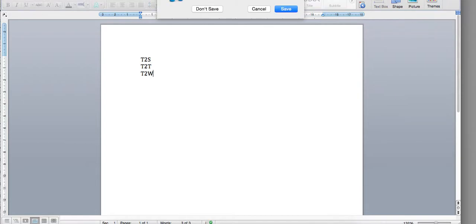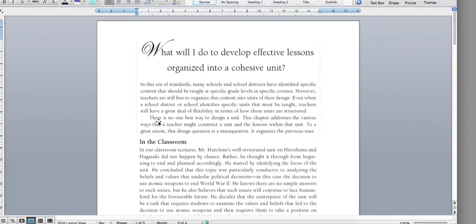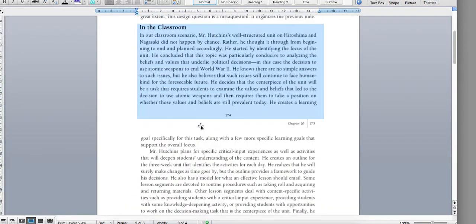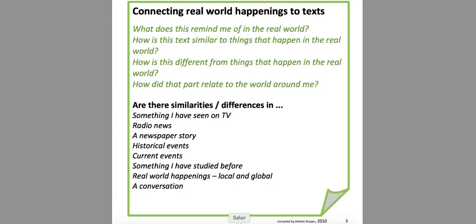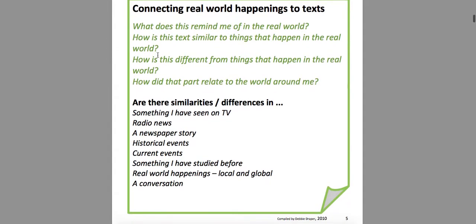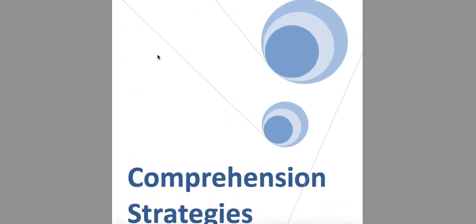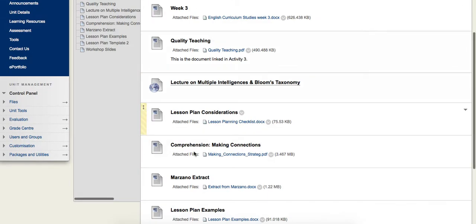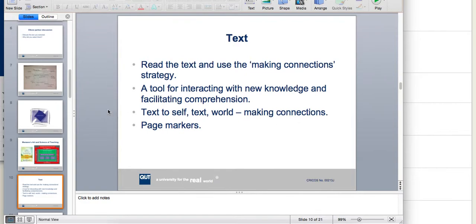Okay, so I want you to, if you haven't already read it, pause this recording now and have a read of that and see if you can have a go at making those annotations. So thinking about how this fits with yourself. If you wanted to have another look at the strategy, it's in this comprehension strategies document. So pause it now and have a go at that. Okay. If you've read that,